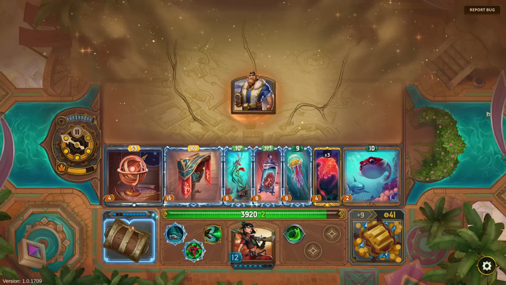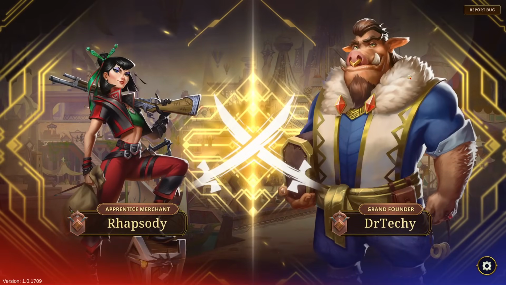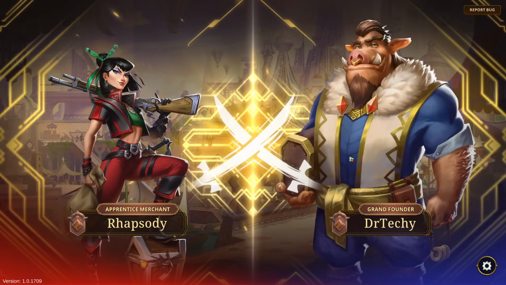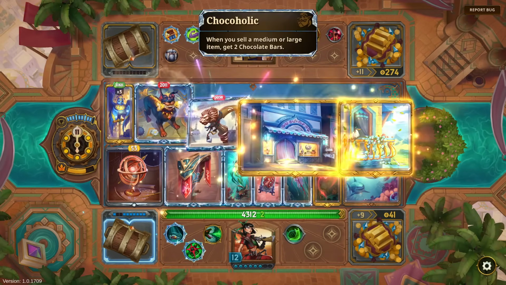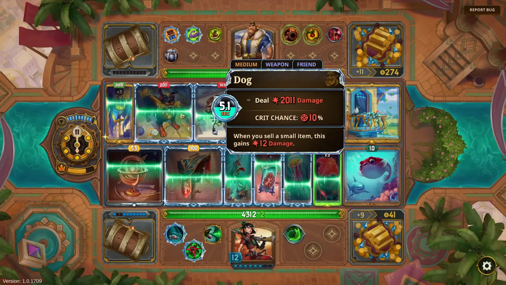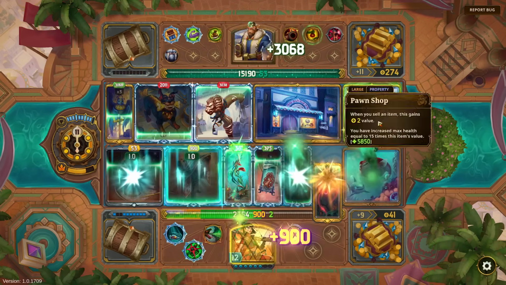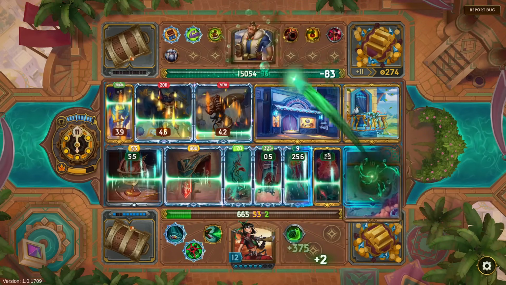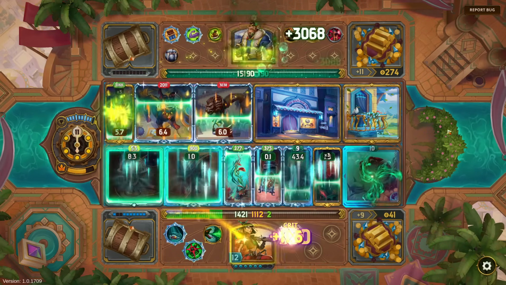Alright, Dr. Techie. This person's also lost. Go ahead. They've gone down to 0, which makes this more HP, it looks fun. So they'll have a bonus with them, but they also will die if they get hit. Ooh, dog! Deals damage, and when you use a small item, it gains extra damage. Neat. Oh, Lion's Cane is there as well. The enemy is healing for an absurd amount. The only problem is